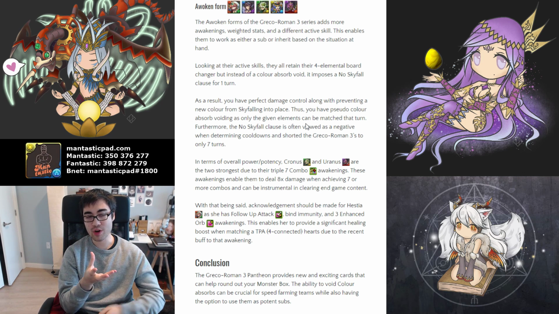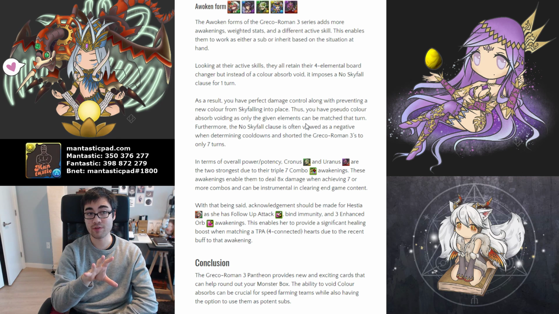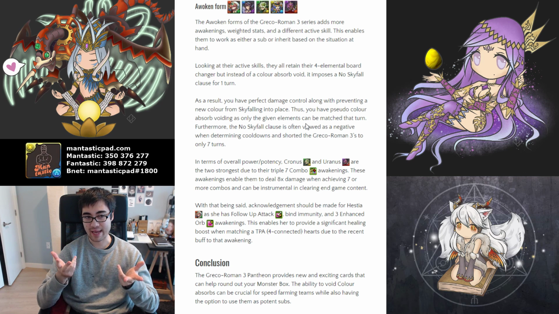So we are going to simply imagine that those cards are only used as inherits, and these cards can be used as inherits or subs. Of the 5, the 2 big standout winners in these Awoken forms are Kronos and Uranus, because both of these cards have 3/7 combo awakenings. Right now, 7/7 combo awakenings are restricted to Ideal and Enra, which are rare rolls from the Dragonbound machine. So with that in mind, we can now gain Pantheon cards with 7/7 combo awakening,